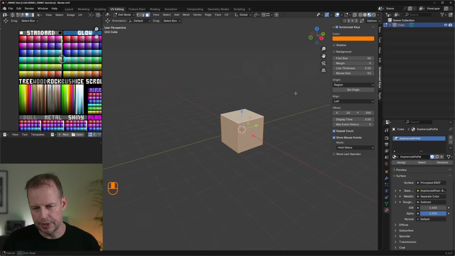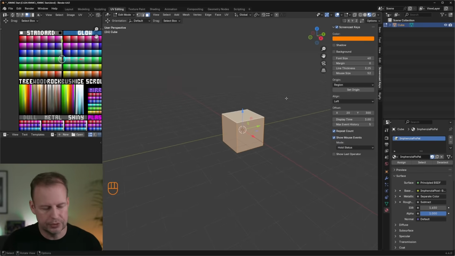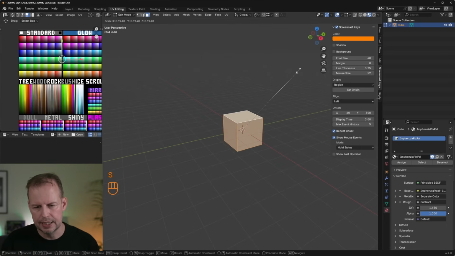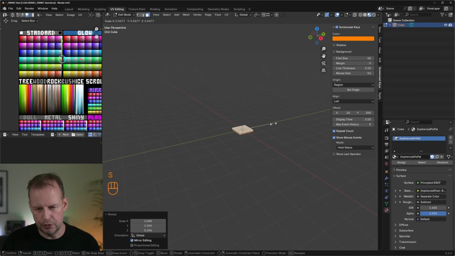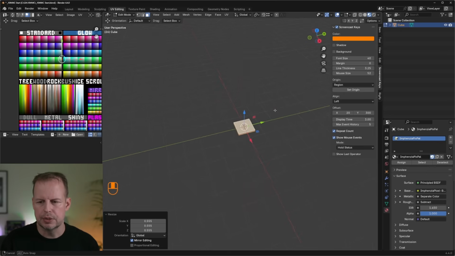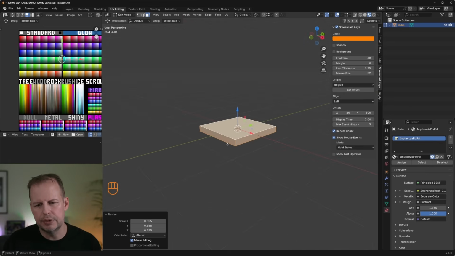And I want to flatten this one now into something that's going to turn into a plank. So when everything's selected in edit mode, I press S to scale it, and then Z because I want to flatten this down. And then I press S to scale this one down uniformly to something like that. So the difference now is that I've scaled down the geometry inside of this mesh, and that's an important concept to know,